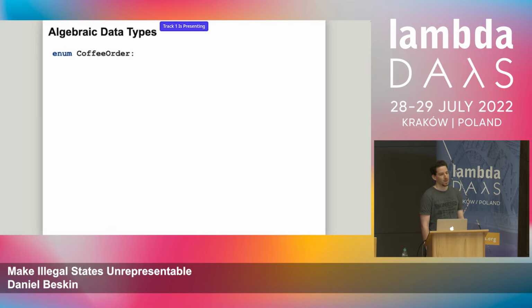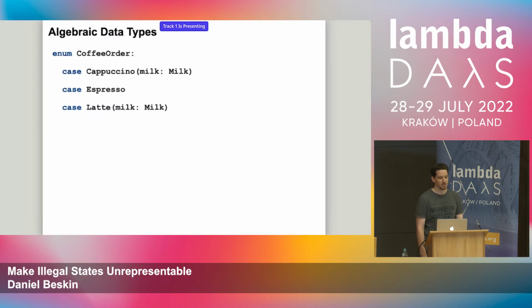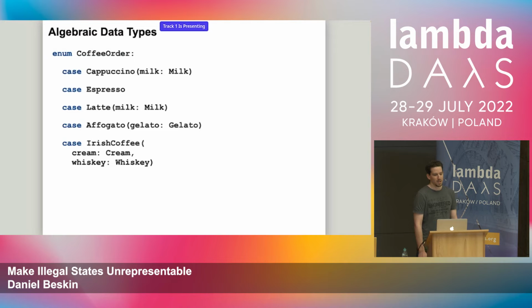So instead of writing coffee order where everything is placed at the top level with all the options, everything possible, we're going to split it up into various cases. So we have a first case with cappuccino. Cappuccino requires milk, so it's no longer optional. We have a case for espresso, which doesn't have any requirements, so it's just espresso. We have the case of latte, which also requires milk, but there's no ambiguity anymore because now it's a separate case and there's no way to confuse one with the other. And again, the argument is no longer optional. And affogato requires gelato, so this is again a required dependency and we cannot avoid it. And Irish coffee, which was our stumbling block, now has a required dependency on cream and whiskey, and there's no ambiguity anymore.